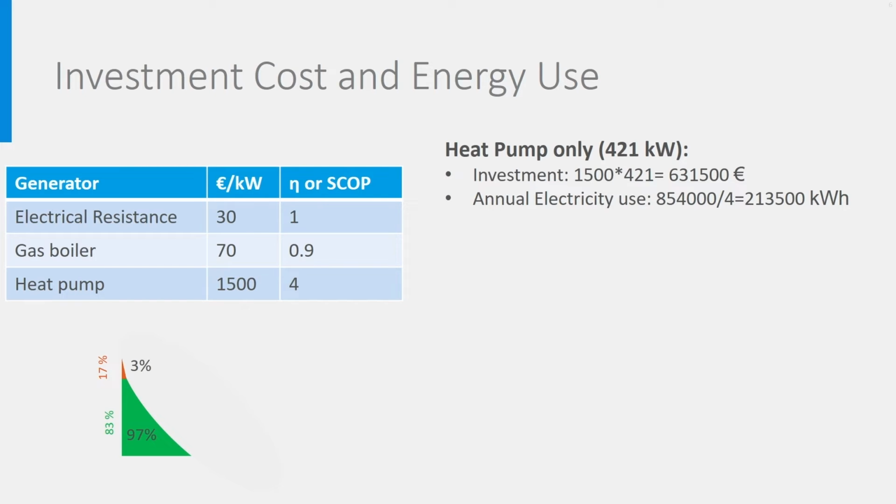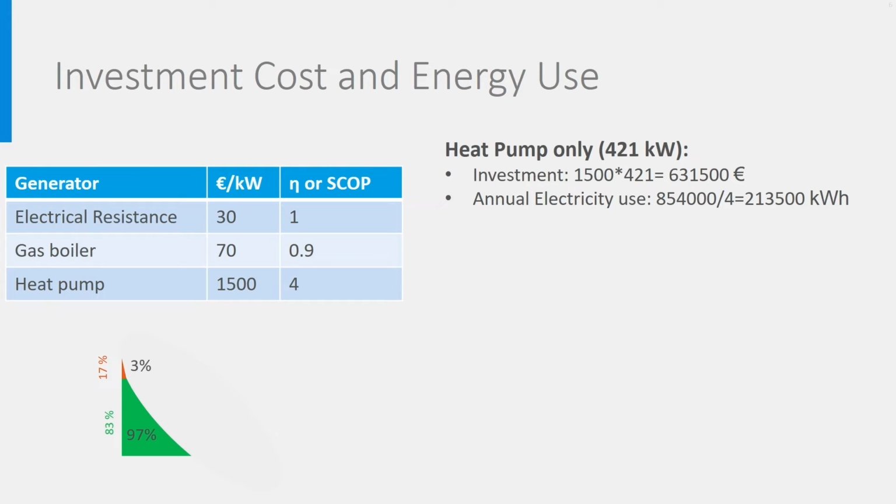You see now on the right the worked out example for the building under consideration. If we use only a heat pump with nominal power 421 kilowatt, then the investment is the price per kilowatt, 1500 times 421, which is 631,500 euros. The electricity used annually by this heat pump is the total heating demand, 854,000 divided by the SCOP, which is 4, leading to the use of